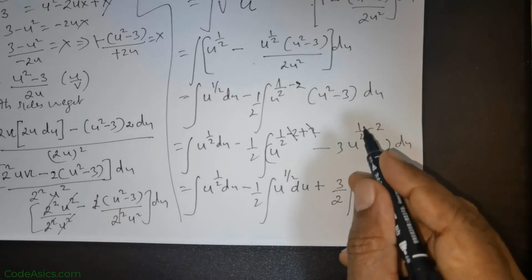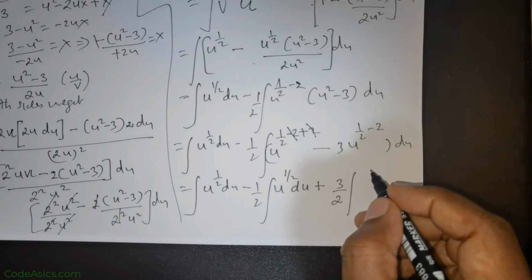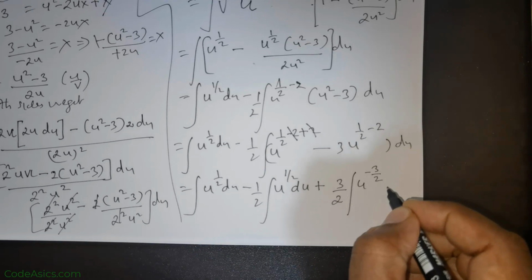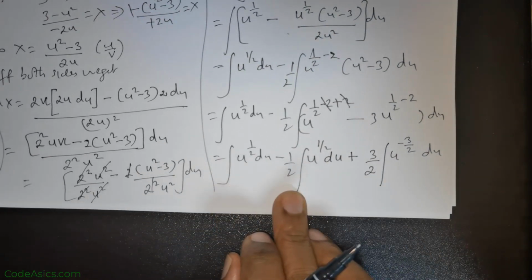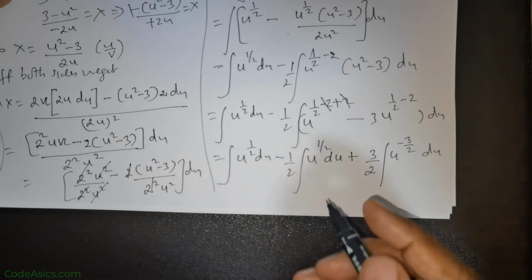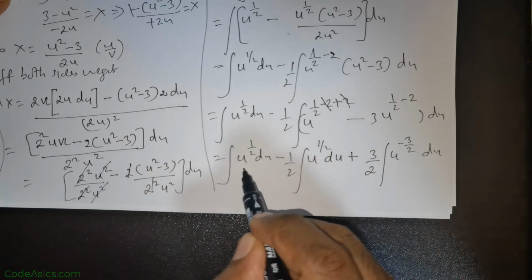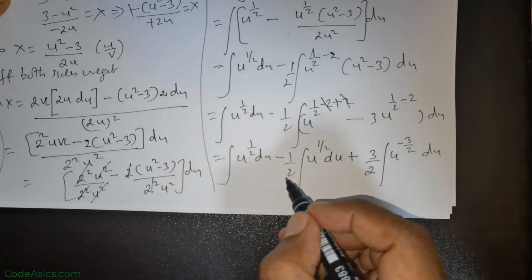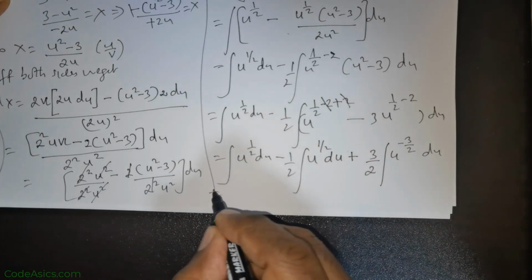Now if you were to simplify this, that's going to be 1 minus 4 divided by 2. That's going to be u raised to the power of negative 3 over 2 times du. So this is what you've got. Now what you can do is directly integrate this. Now what I actually want to do is take u raised to the power of 1 over 2 and then simplify it,